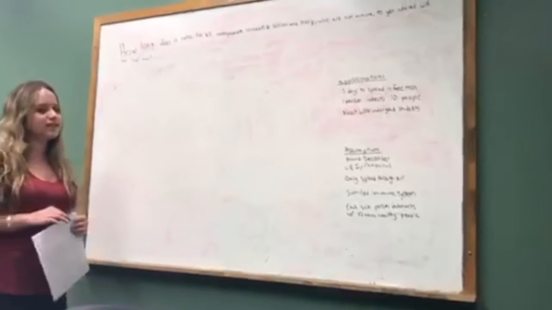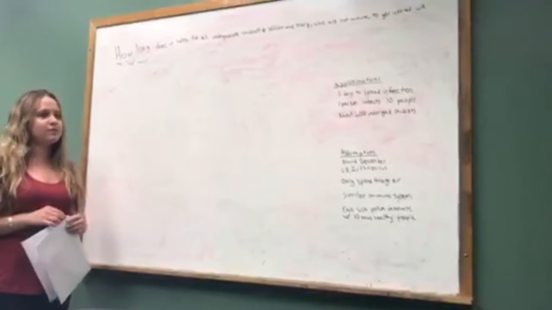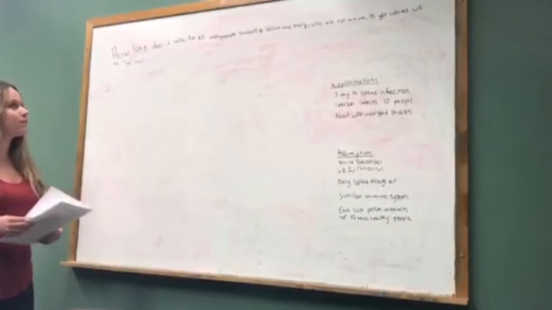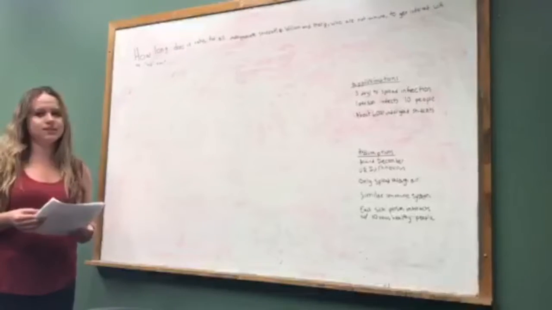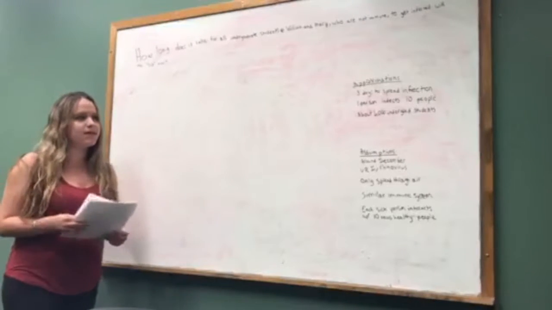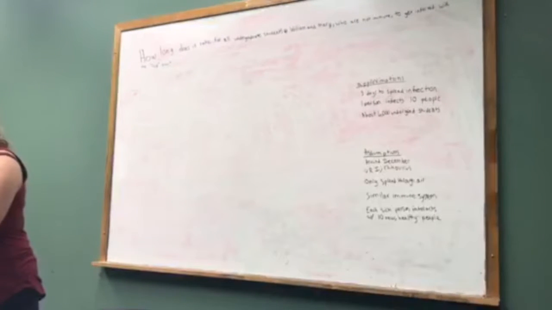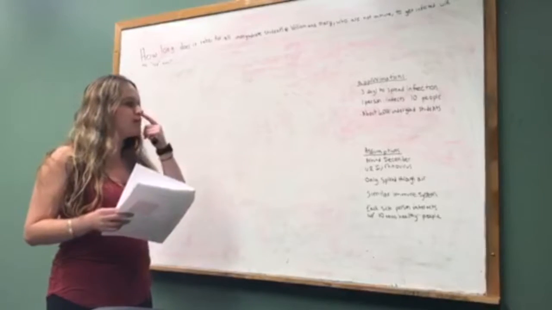is how long does it take for all undergraduate students at William and Mary who are not already immune to get infected with the cold virus. Before I approach this problem, I would like to discuss the numbers, approximations, and assumptions that I made for this problem. As usual, we do not have any numbers for this Fermi problem, but some approximations that I researched was